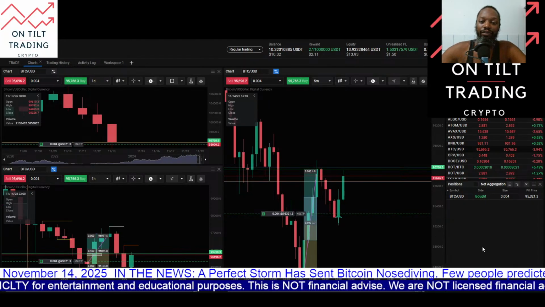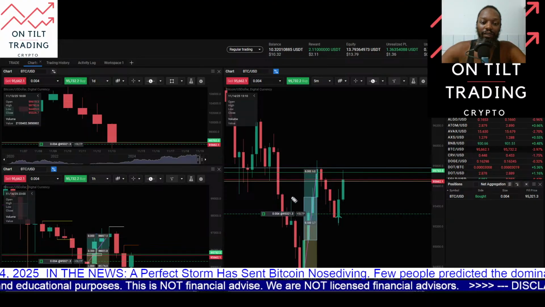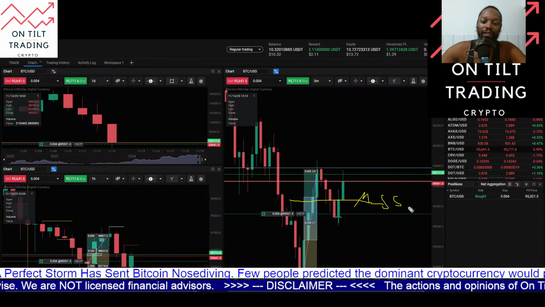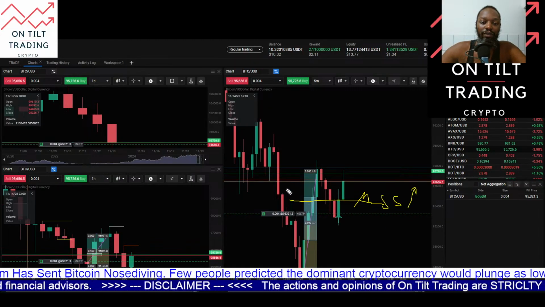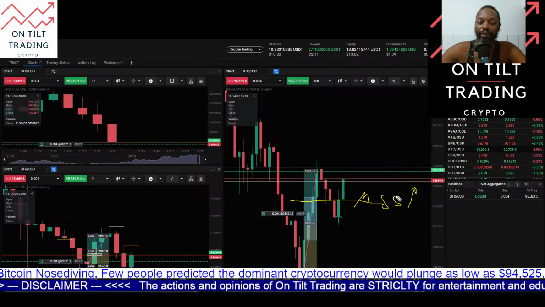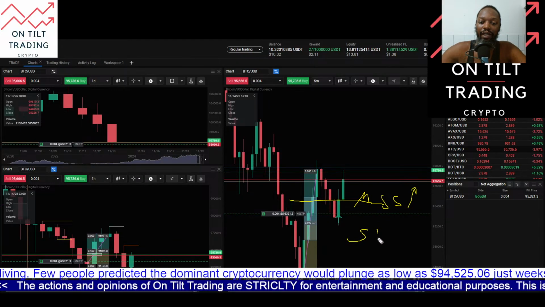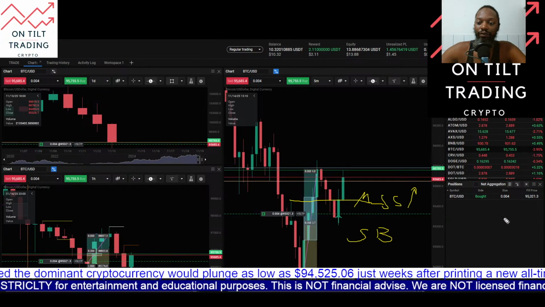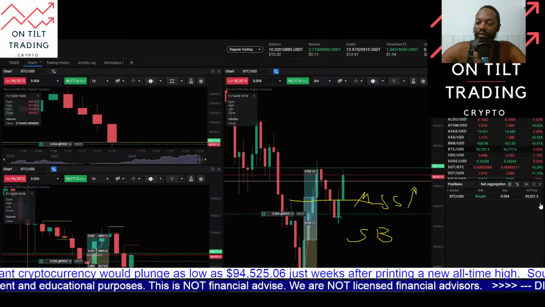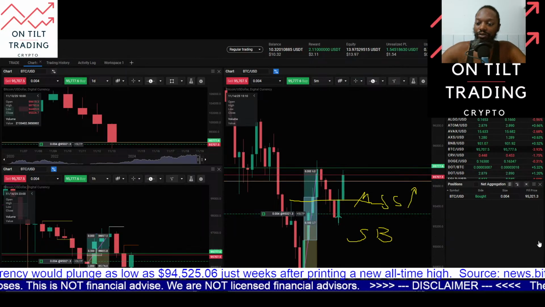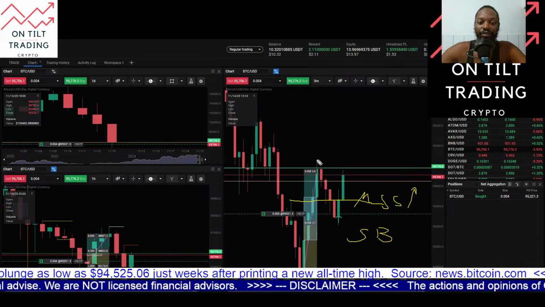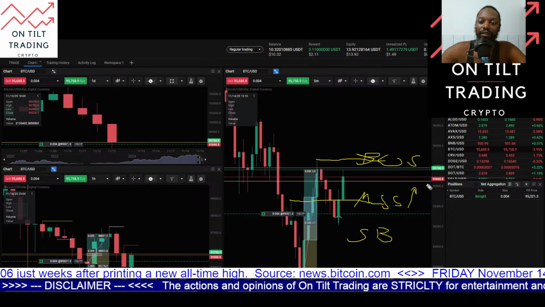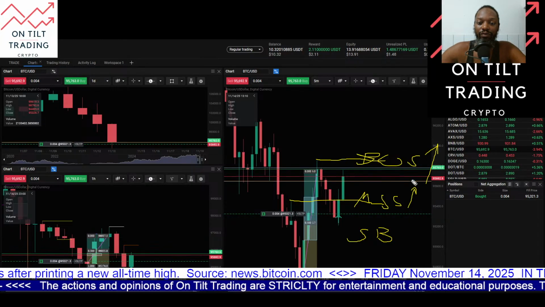So this market structure shift gives the probability of a change in market direction. Also, when it comes to time, this is the silver bullet hour for ICT currently, for the PM session. And a break of structure at this level would be a confirmation of price action wanting to